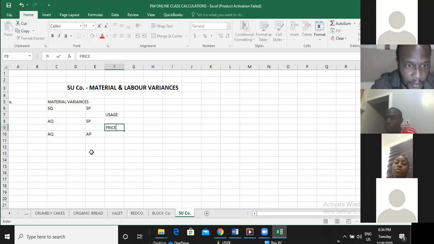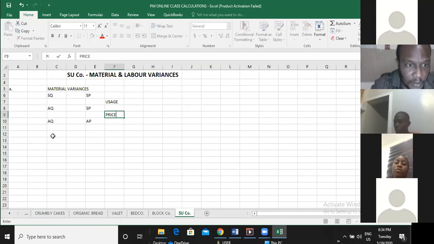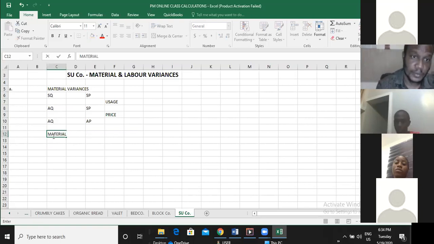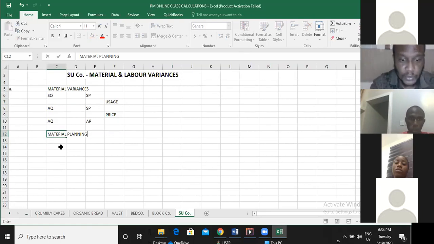All right, so what we need to do now is the planning part. So we'll have material planning, so that we can have usage and price. I don't know, this might not be how we structured it before, but we can be flexible. So the usage part now. So for usage,